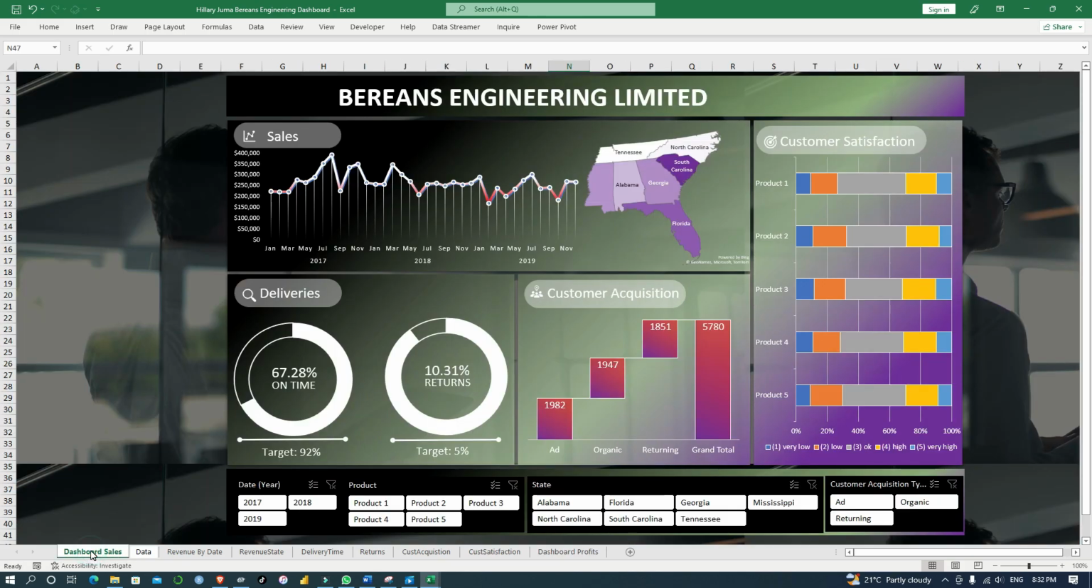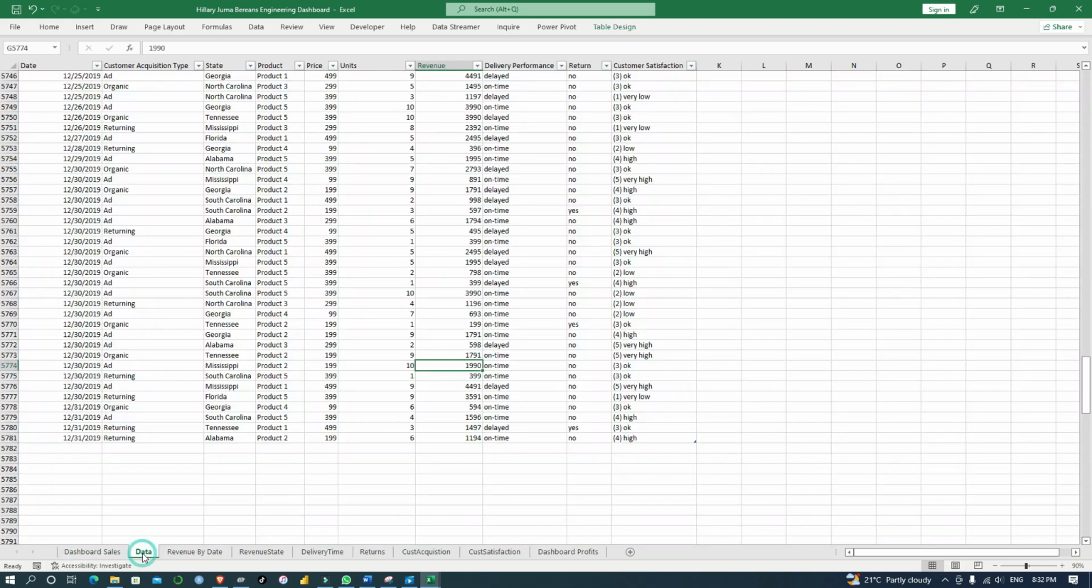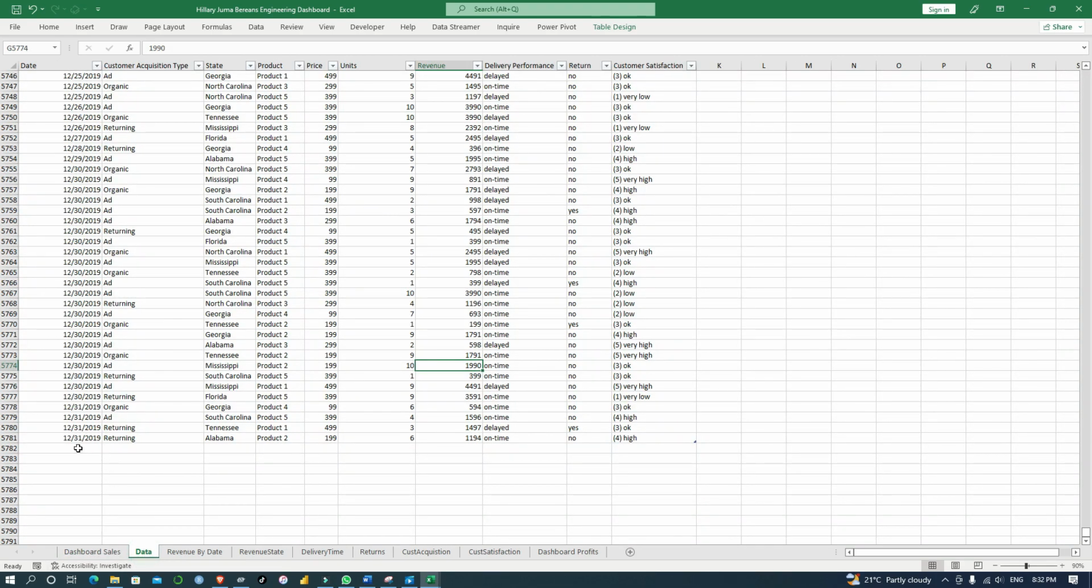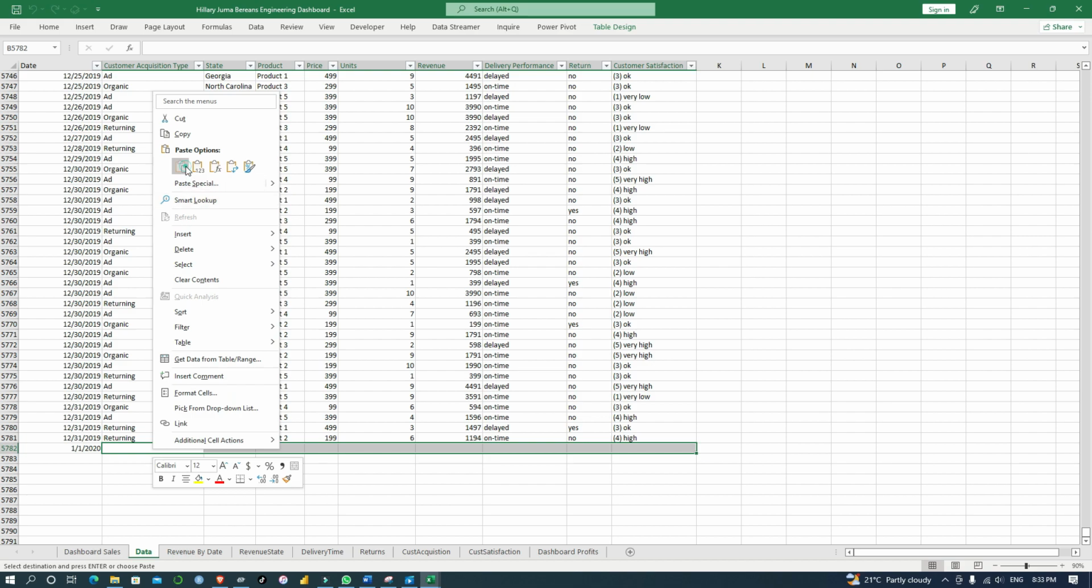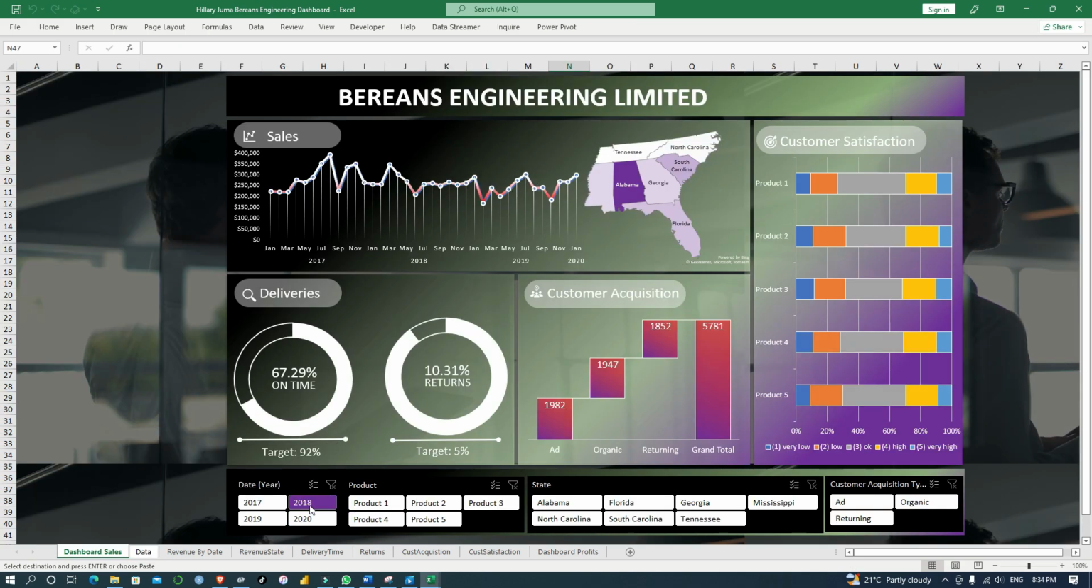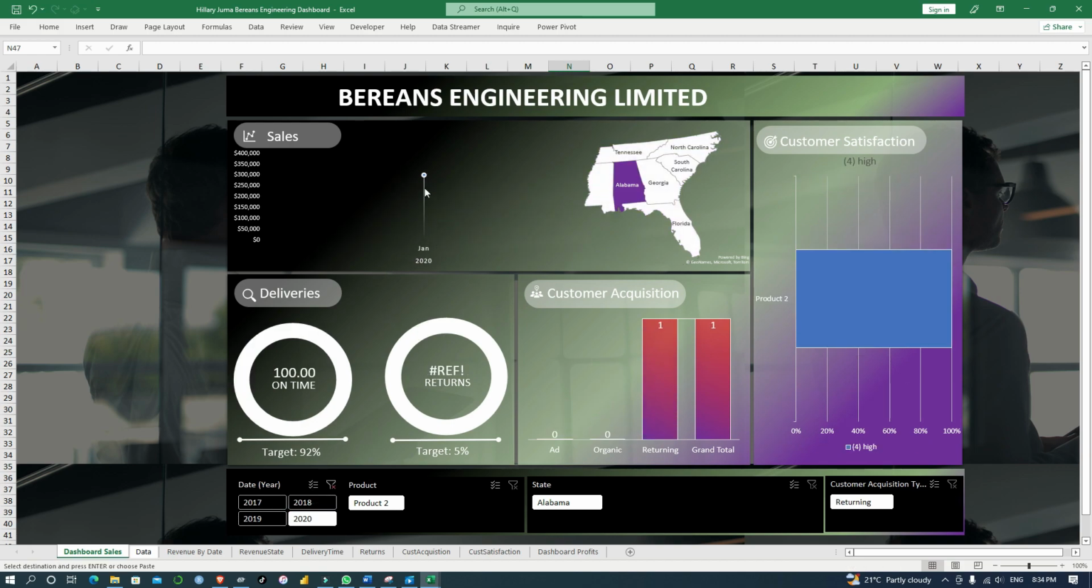If I need to update any data, it will automatically update in the dashboard. For example, we only have data up to 2019. So if I have to put data for 2020, let's say for 1st January 2020, the dashboard has moved to 2020, and if I check 2020, I'll have only data for January that has